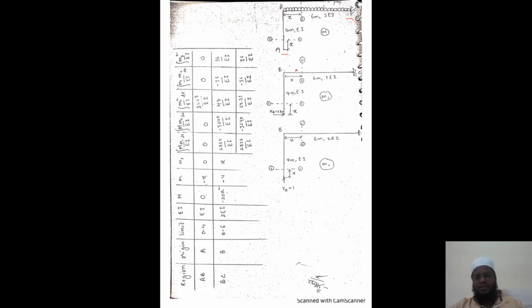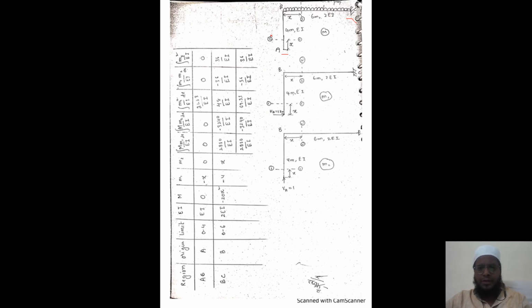Now in this particular frame, this is a completely different problem, isn't it? Previously we used to solve the problem from the right side, but here, depending upon the condition of the frame, we have our simple support or hinge support at the left side of the frame. So we are removing VA and HA from the left side of the frame. The modulus of elasticity of the beam is also given here, that is 2EI and EI for span AB.